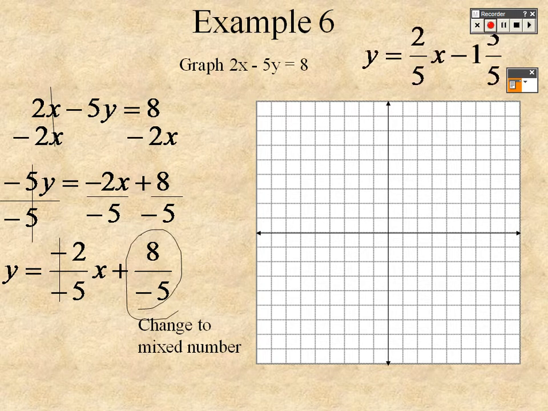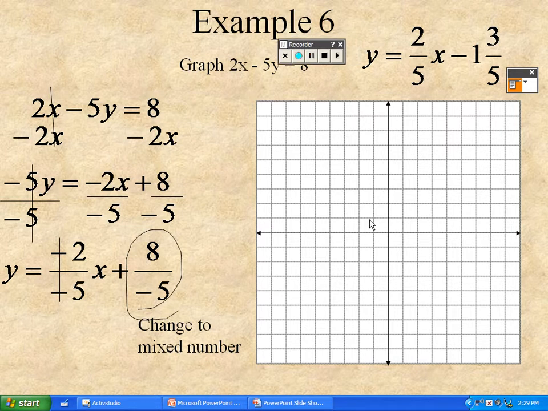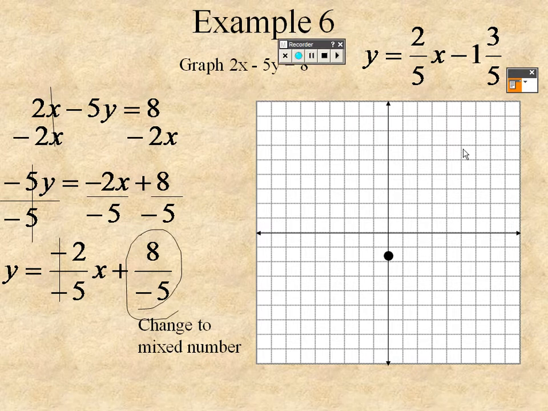So change it to a mixed number, and we're looking at 2/5 x minus 1 3/5. The reason why I rewrote it like a mixed number is